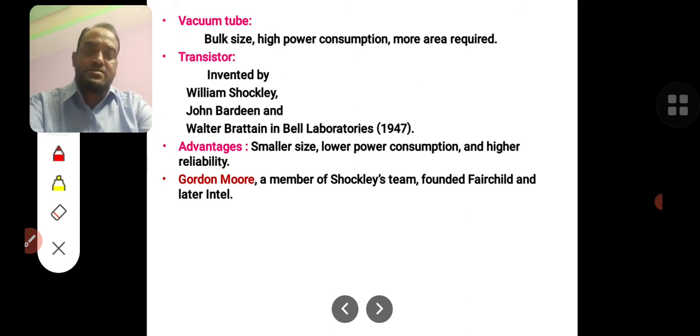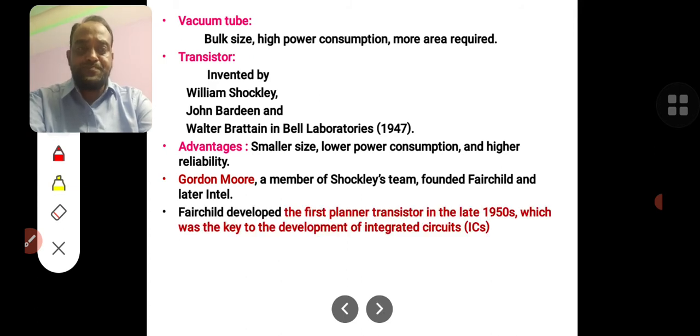The scientist Gordon Moore, a member of the Shockley team, founded the Fairchild and Intel fabrication units. These two are very familiar IC fabrication units around the world. So these were founded by Gordon Moore, a scientist in microelectronics. The company Fairchild developed the first planar transistor in the late 1950s, which was the key development of the integrated